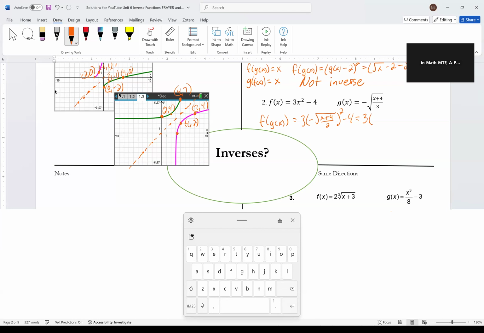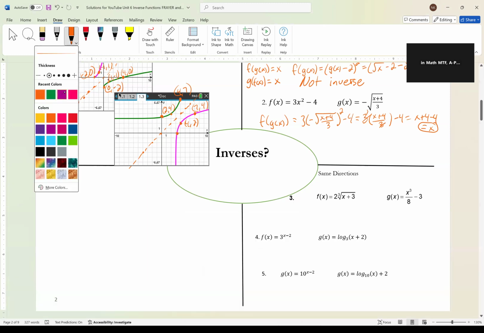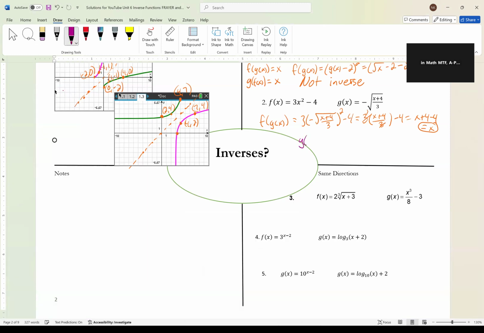So I am left with 3 times, oh, that's supposed to be a 3 down here. 3 times x plus 4 divided by 3 minus 4. 3 divided by 3 is 1 equals x plus 4 minus 4 equals x. And so this is why you actually have to check both directions. That direction, it does look like they are inverses. But if I look here